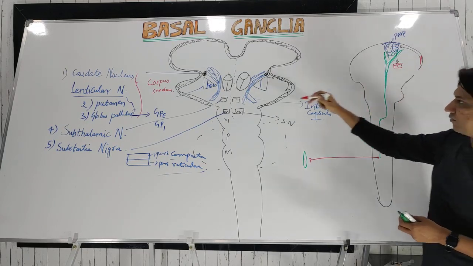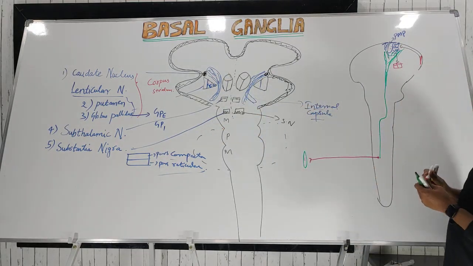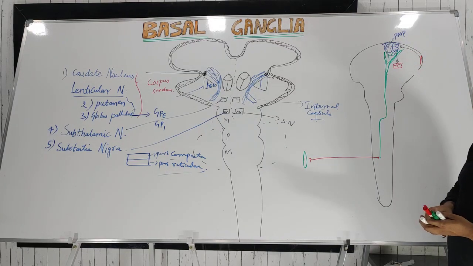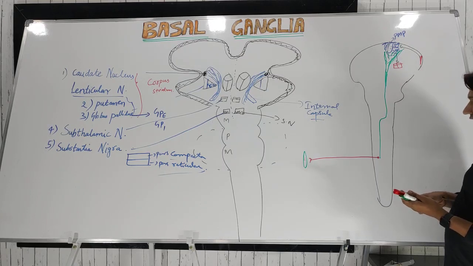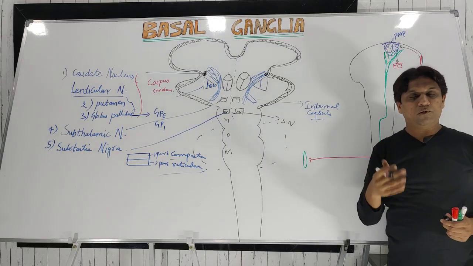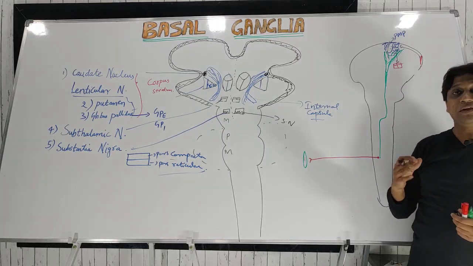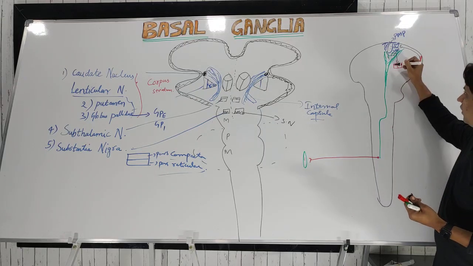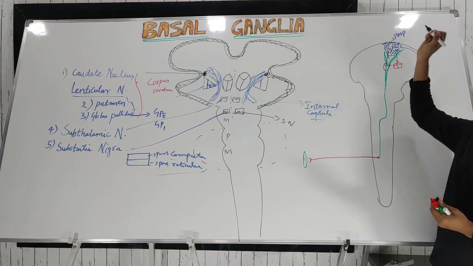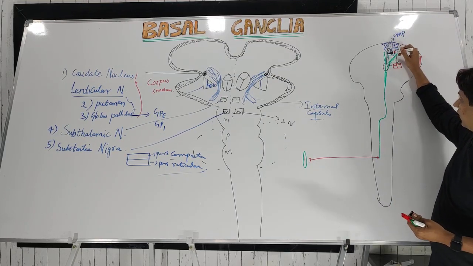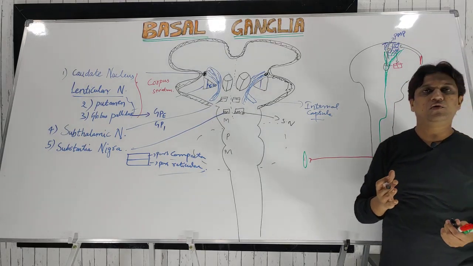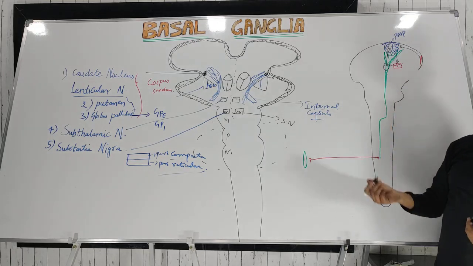So the basal ganglia is nothing but this group of nuclei. From the motor cortex, the basal ganglia will receive the impulses, and the basal ganglia will do planning and programming of the movements and help in initiation of the movement, and send the motor command via the thalamus back to the motor cortex. Again, the motor cortex will send it through the upper motor neuron, then to the lower motor neuron, and finally to the target muscle, and the motor activity is achieved.